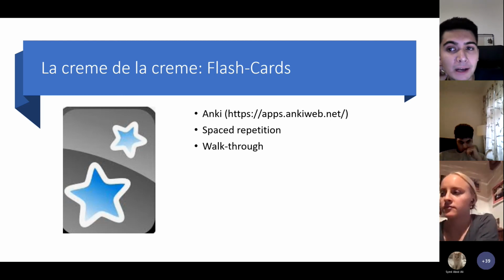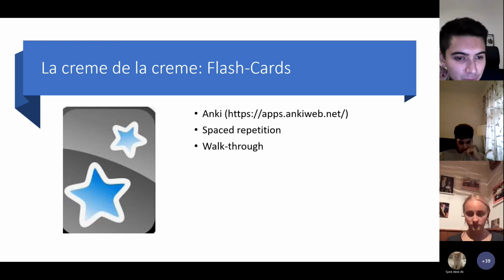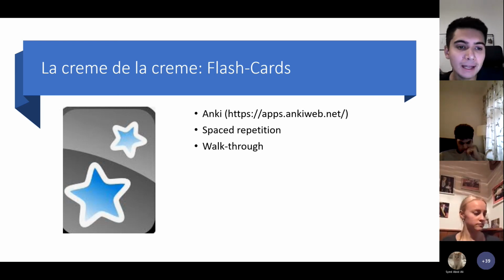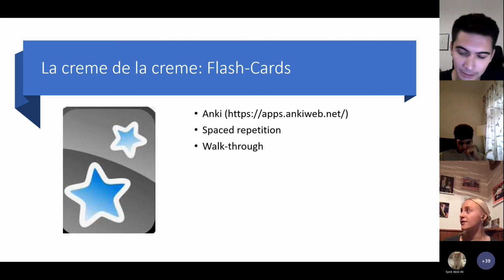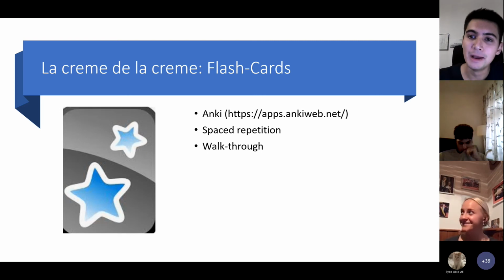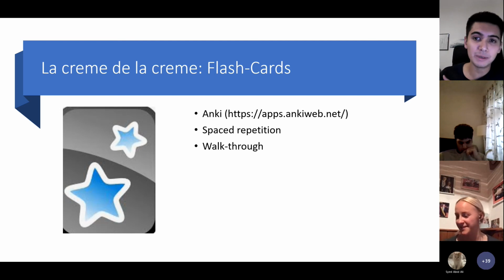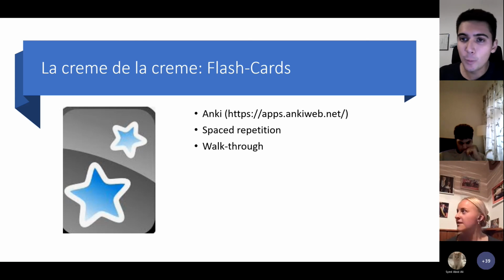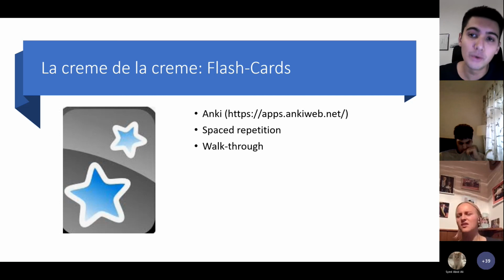I always tell my anatomy students that they should use Anki, and many of them are using it successfully. So I know for a fact it's working. But the thing with Anki is there are of course a lot of ways to do it wrong. There are people who start with it and then maybe it's too complicated for them, or they do too many cards and can't keep up with all the cards. It's of course, with every technical thing, there are a lot of downsides to it, but I believe overall it's a very good study tool. It's a very good add-on